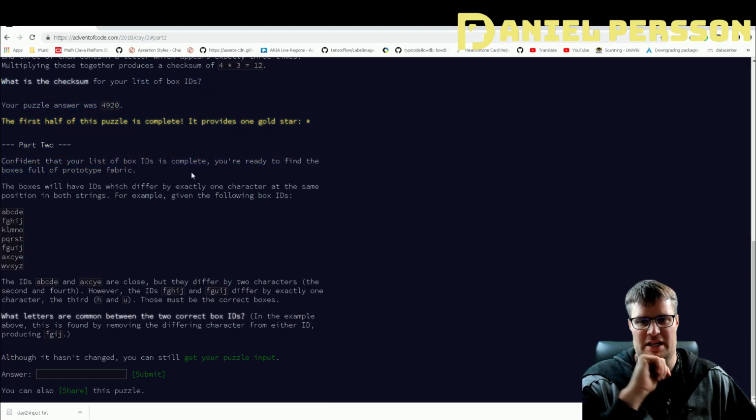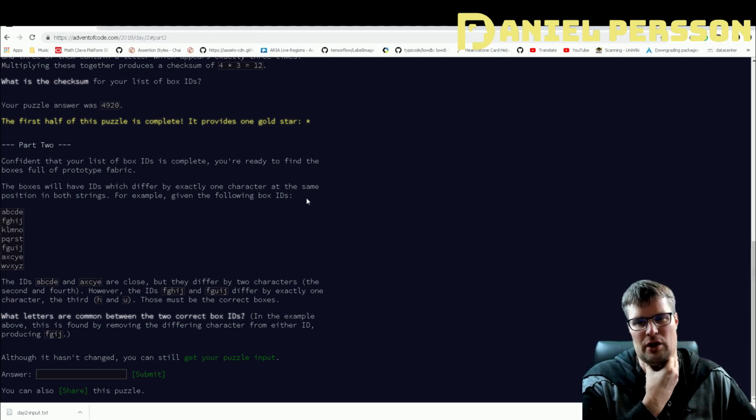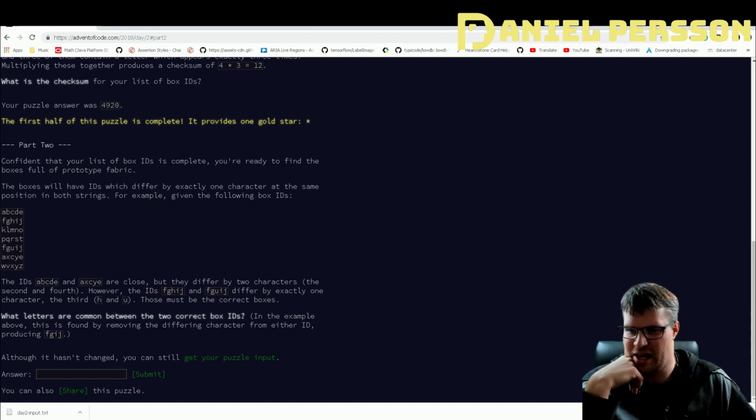Confident that your list of box IDs is complete, you are ready to find the boxes full of prototype fabric. The boxes will have IDs which differ by exactly 1 character at the same position in both strings. For example, given the following box IDs. Okay, so there we have pretty much the alphabet, or we have a lot of different. The IDs A, B, C, D, E and A, X, C, Y, E are close, but they differ by 2